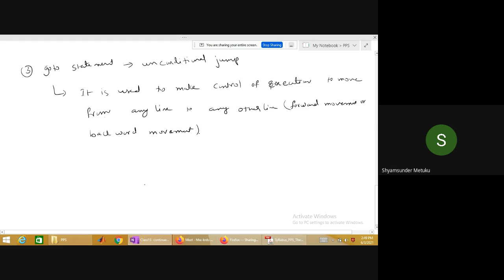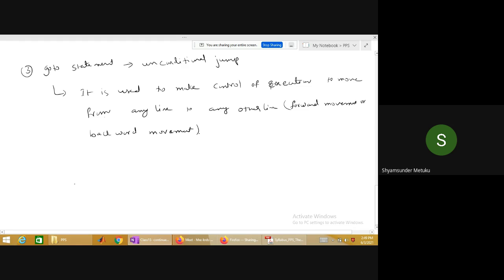If the condition is true, it will go forward. Yes or no? Yes. But jumping kind of thing, only the loops will give you that option, because you are trying to jump from the last statement of the loop to the first statement of the loop. It's called only a backward jump. But the go to statement will make you move from any line to any other line. It could be a forward movement or a backward movement.